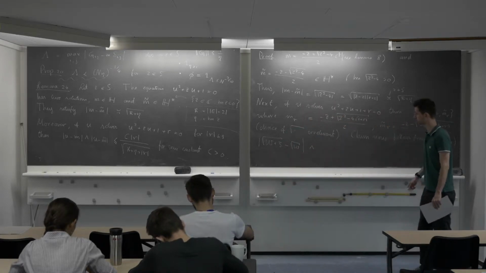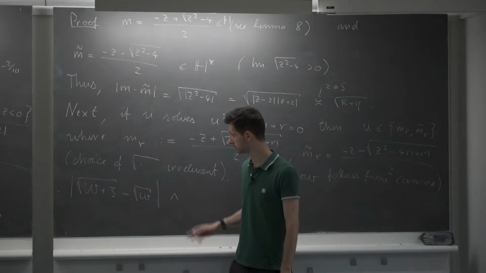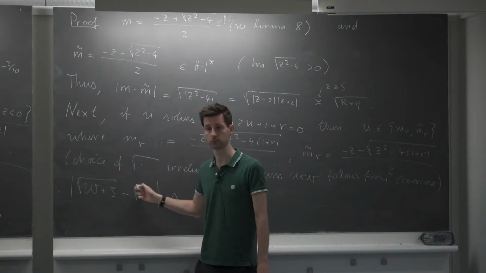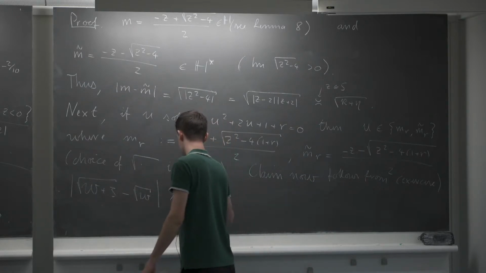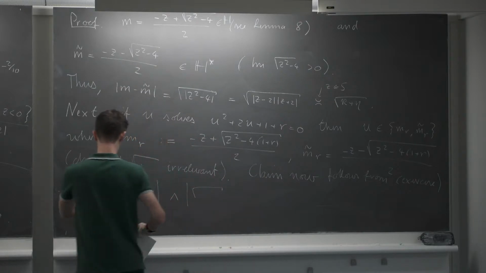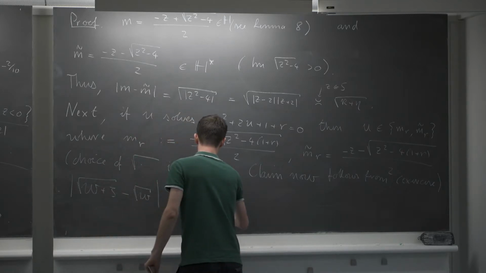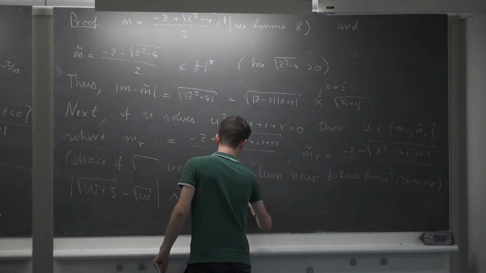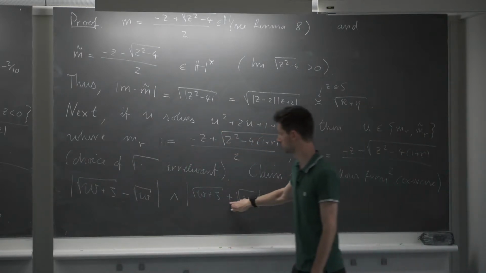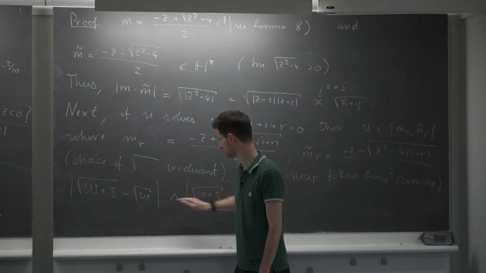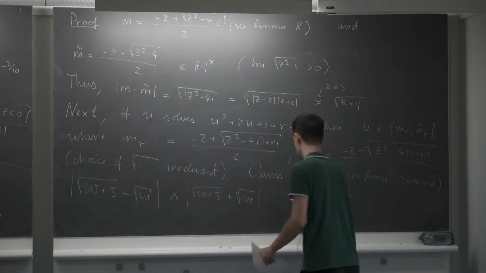Now, of course, I always have the problem that, as I said, I take any square root, so this is in general not going to be small in any way if I happen to cross a branch cut, for example. Even if zeta is very small, if I happen to cross a branch cut, then this will not be small. So I have to take the minimum of these two things, up to any possible sign, plus minus sign. So this minimum is going to be small. This is just telling me that I choose the version of the square root of the two possible branches of the square root which is the closest, which is the best possible choice for this estimate.